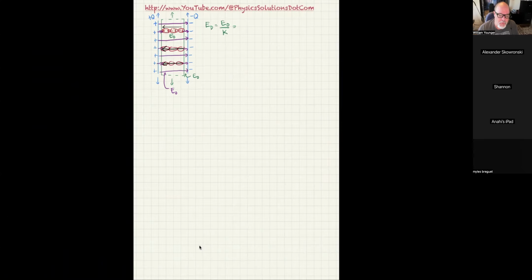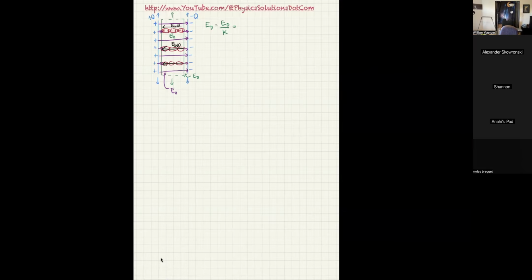But when we do this, we're going to come up with an actual expression that relates the electric field to the electric field inside. So let's call that black one E induced. So the black one is E induced,